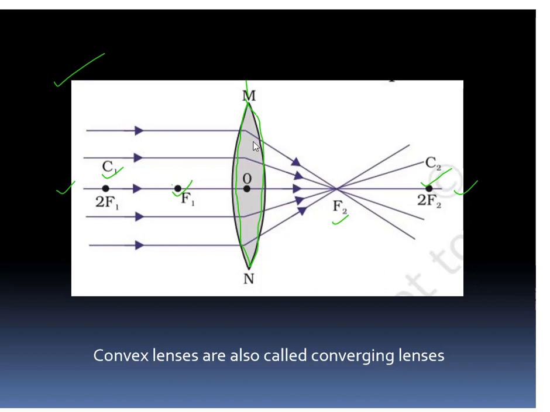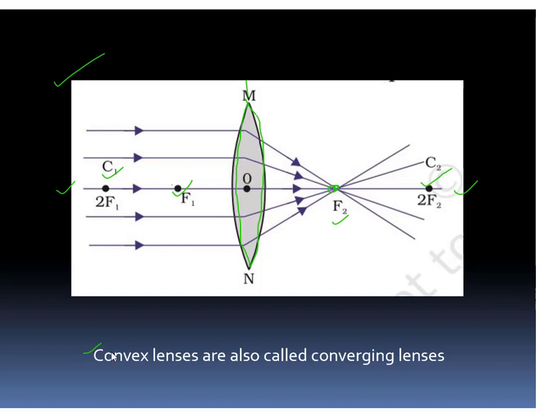So these are the rays of light that are coming parallel to the principal axis. These rays of light meet the lens at different points. And as we know, whenever a ray of light is parallel to the principal axis, it bends towards the focus. So all these rays of light are coming and meeting at the focus at this point. Same rule as we have studied in mirrors.